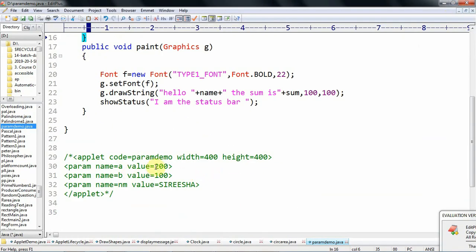Suppose you change these values to 40 and then 50 and then some name, Ramu. I changed the parameters and saved the program.